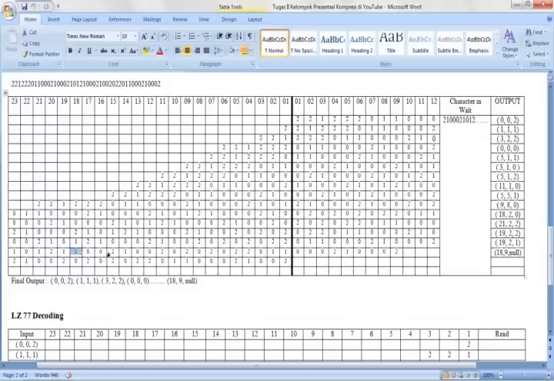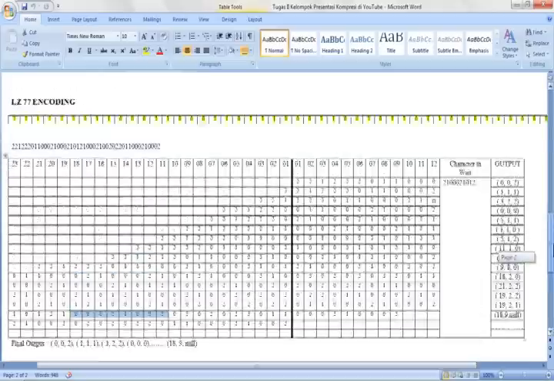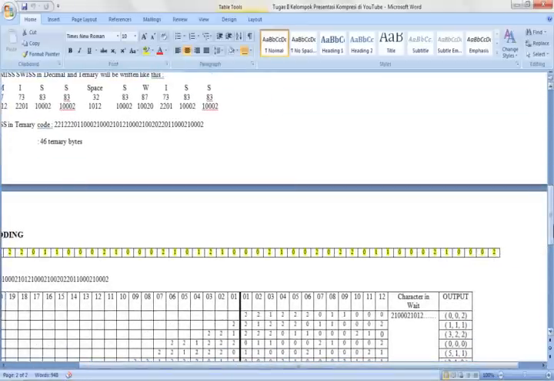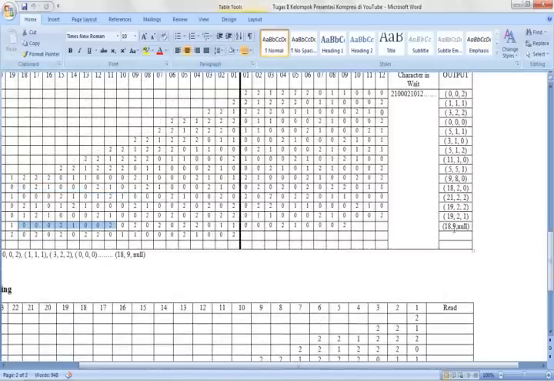Actually it's not. So it starts 0, 0, 0, 0, 2. This one here is 3. Sorry, I made a mistake here. So that will be 8, and this one will be 2.